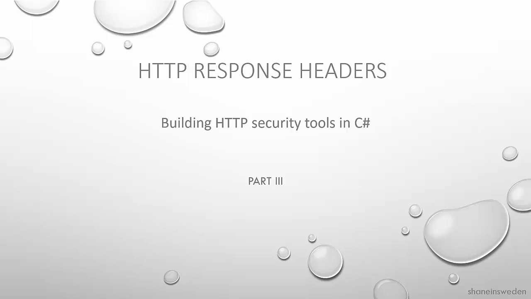In the first video, we went over the background to HTTP response headers and why we need to think about them from a security point of view, and illustrated the need for a security tool for our software development lifecycle. In the last part, we tested a module that took as an input a list of key value pairs of headers and their values and created some sort of scoring